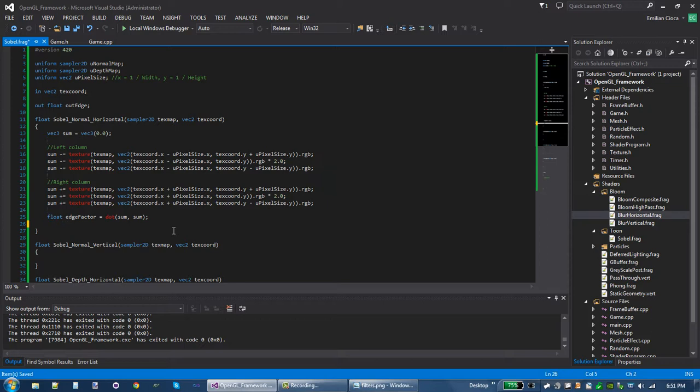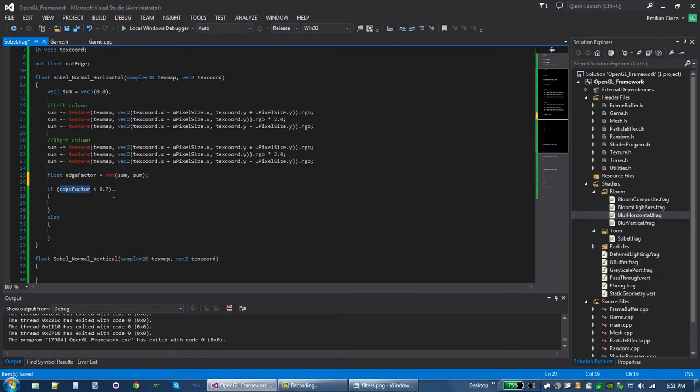So we're going to say if the edge factor is less than 0.7, that can be our threshold that I arbitrarily decided on, that I know works well. If our edge factor is less than this, right? So if the length of this vector was less than 0.7, then let's say, you know what, there's no edge. So if there's no edge, what we can do is we can return